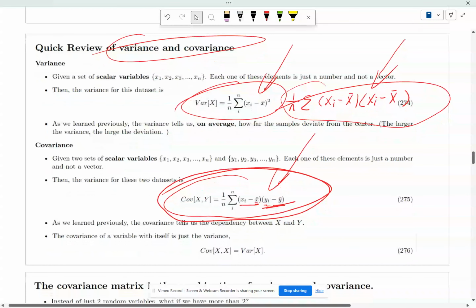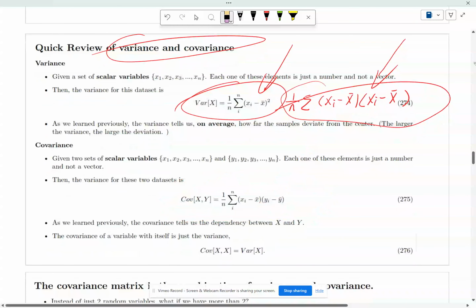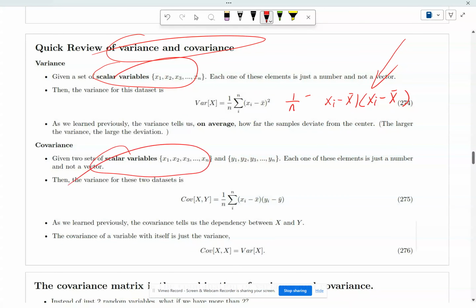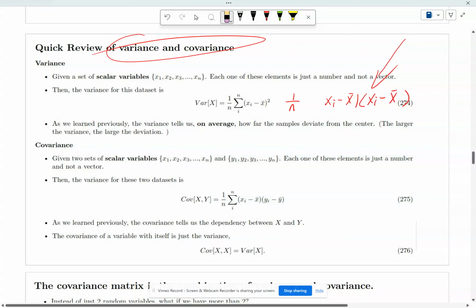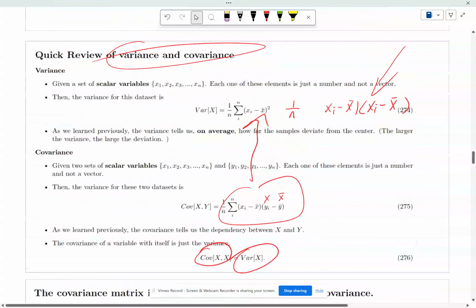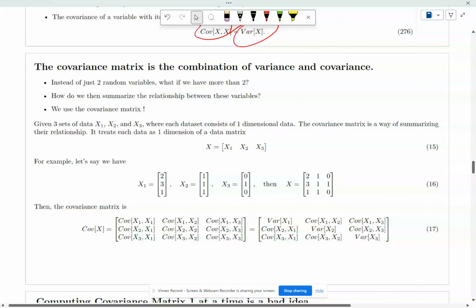So the key here is these are just scalars. Of course, we're going to deal with higher dimension stuff. You also learned previously that the covariance with itself is just variance. Because if this is x and this is x bar, then this is the same as that. Okay, so now that we've reviewed very quickly the concept of variance and covariance,